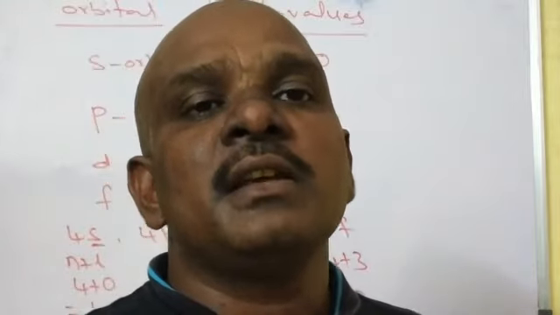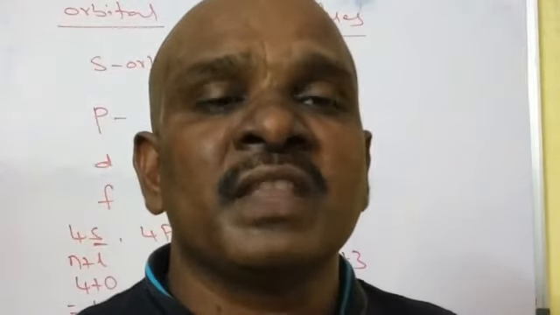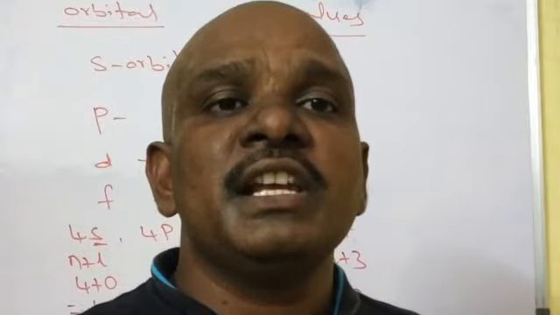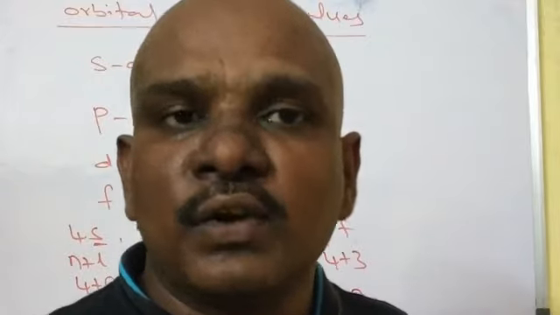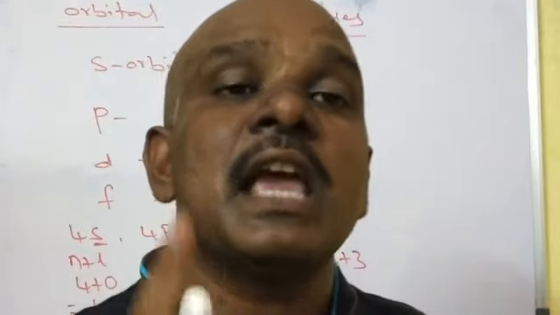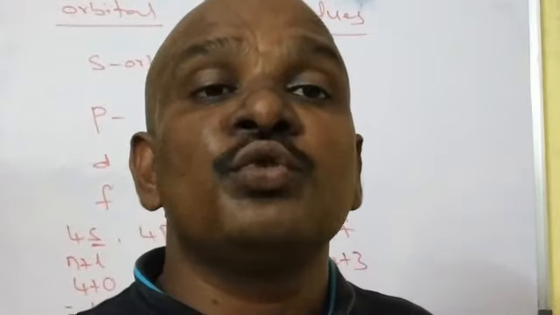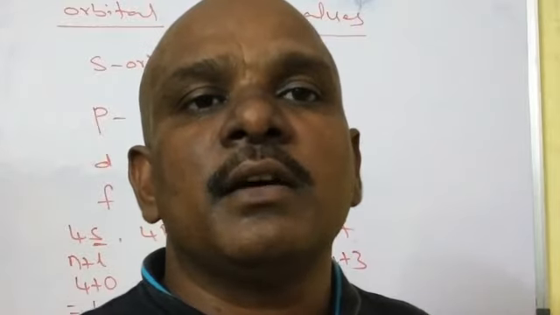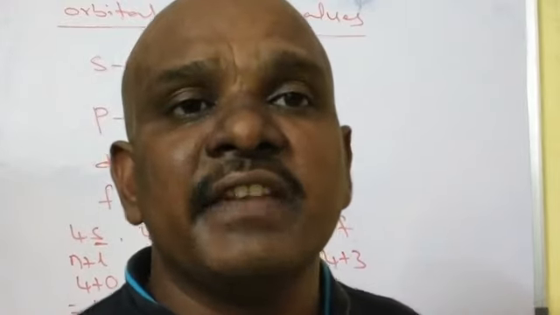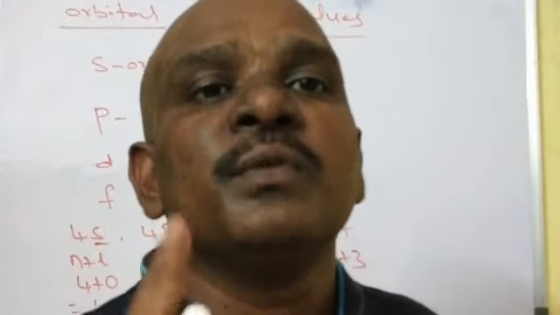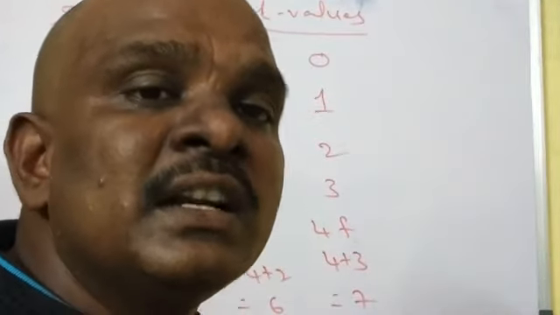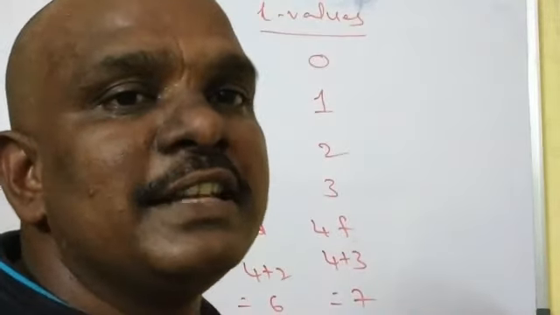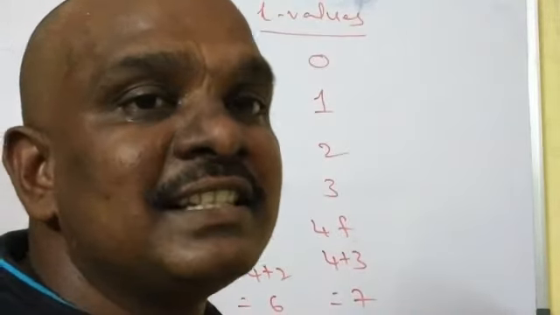So this is the main concept of the azimuthal quantum number. It is mainly used to explain the spatial distribution of an electron cloud, and it explains the angular momentum. It is used to explain the shapes of orbitals, and the azimuthal quantum number L has its own values for different orbitals: the s orbital is 0, the p orbital is 1, the d orbital is 2, and the f orbital is 3. This is about the azimuthal quantum number.